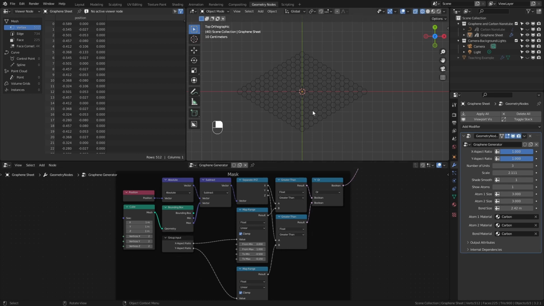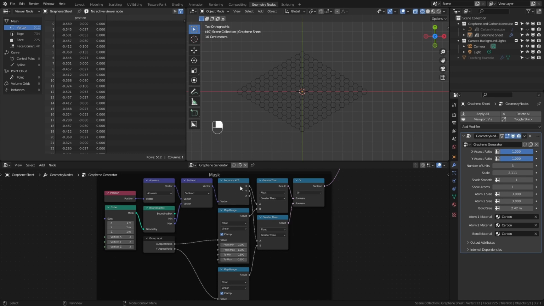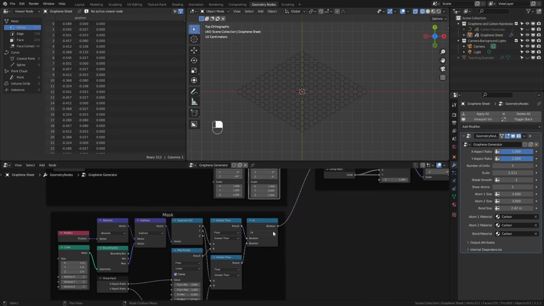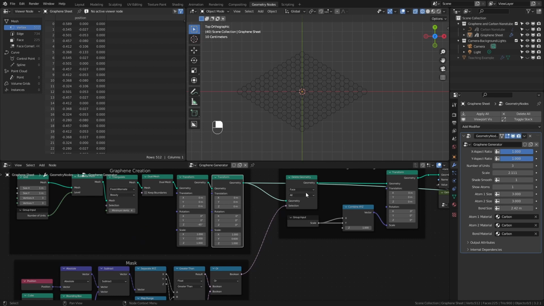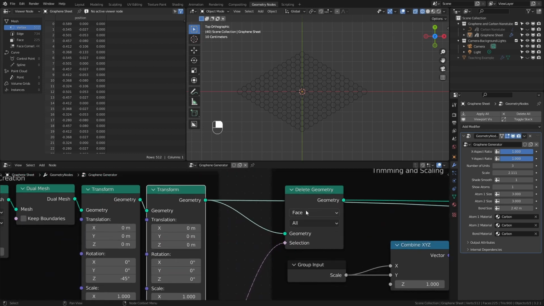Now, our graphene is only in 2D, but this would technically work in 3D within limits. And very, very simply, we're going to compare the X and Y positions, find out if they are greater than after we've subtracted to a range that is defined by the user. If either of these is true, then we will delete those faces. And it's very important that we delete the faces rather than the points. By deleting the faces, we lose any stray verts that might stick around and cause us problems later on for